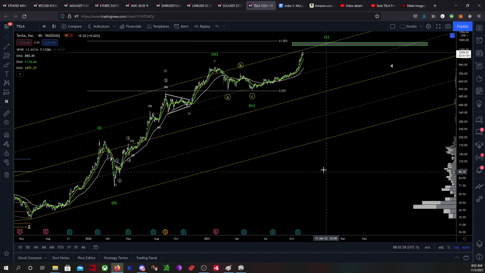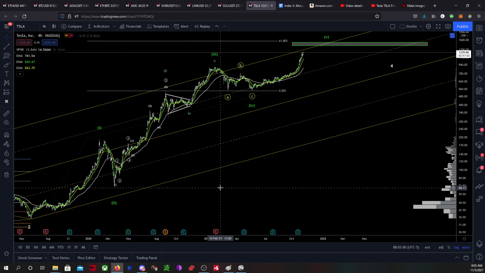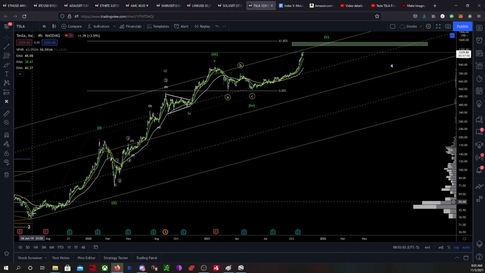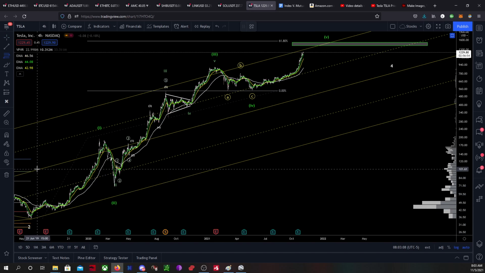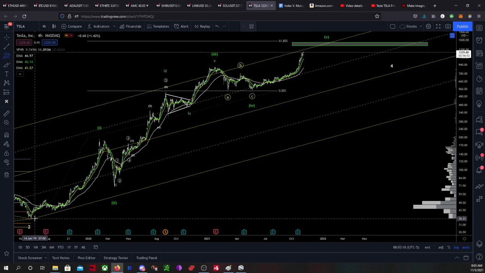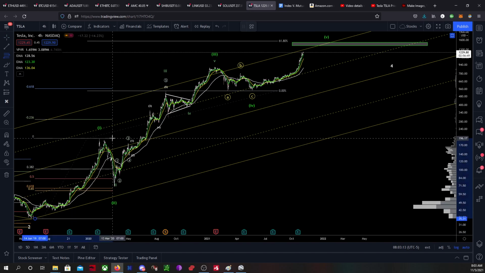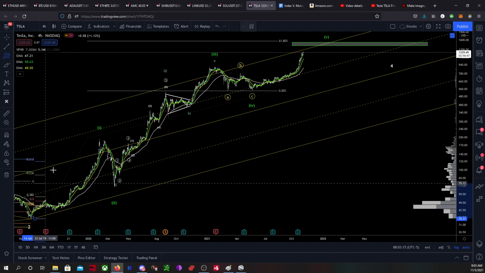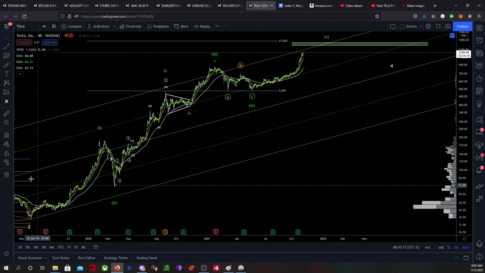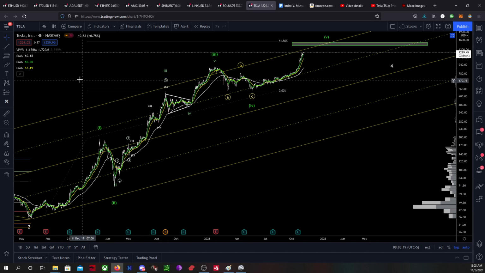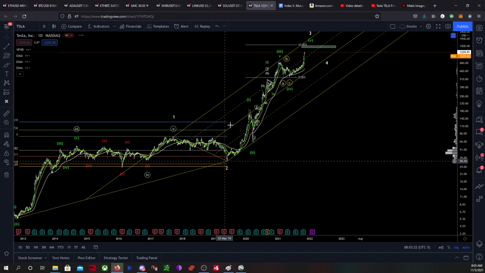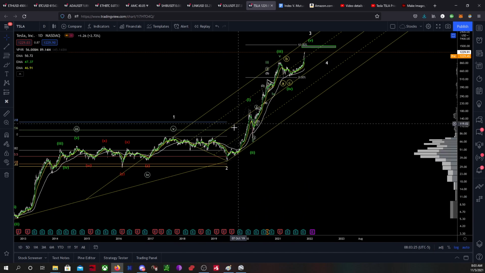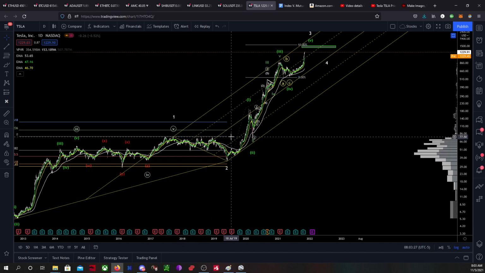Now, something else that I've noticed that I want to talk about are the algorithms. So you know that we came down here to this 50, right? That's the red line here. And we went up through our target, right? So what I did was I actually pulled, because typically what they'll do is they'll pull from the high. Let me see if I can go out to the daily, it'd be a little easier. Typically, whenever you blow through a negative 236, what you're going to look for is from the high to the